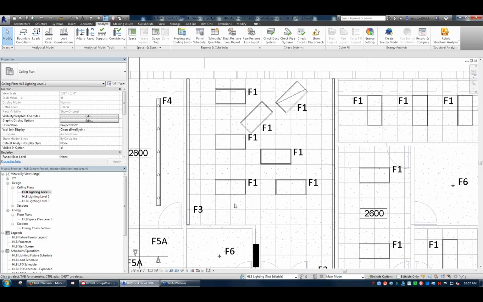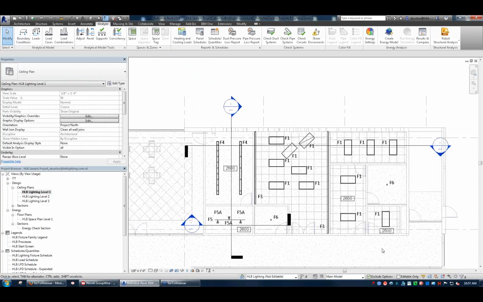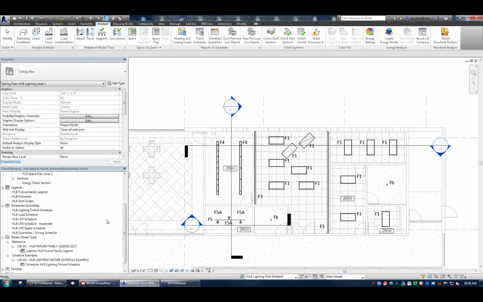And last question from Barrett. If we have a project already set up, can we switch out the template to be our new template with scheduling? So if the families are already the new families, or even just, I know there was a limited release of families before they were finalized, if you have those families in it, you can do it. It's not like swapping out a template. You'd have to, and I've done it a few times myself,